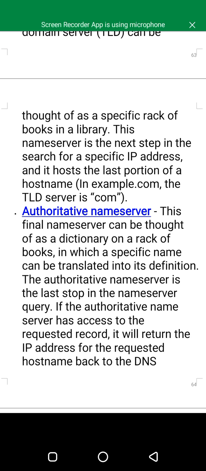Another TLD that you might have heard of is in the address mautic.sc.ug. The TLD is .ug, that last portion of the web address.